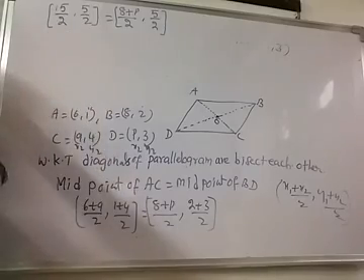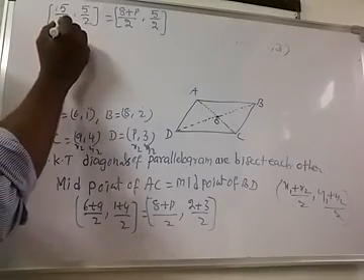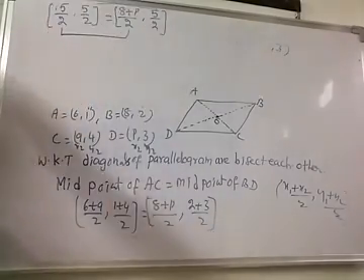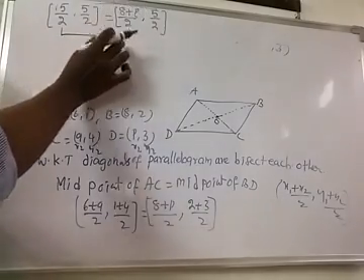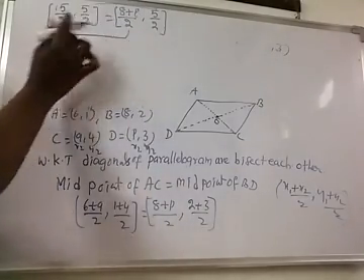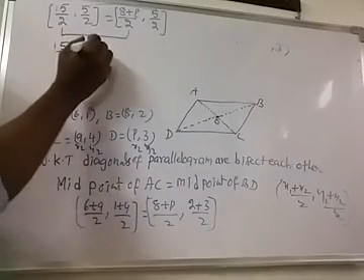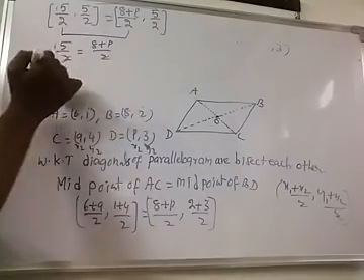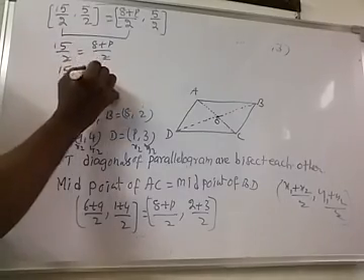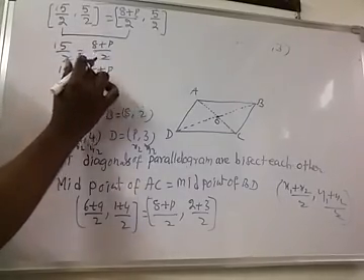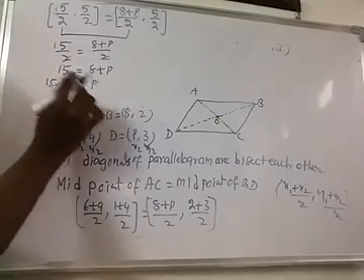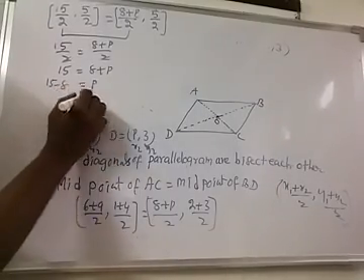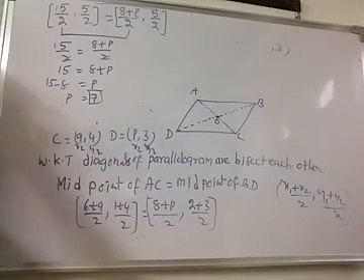Now we are equating the x and y coordinates. So 15/2 and (8 plus p)/2, 5/2 and 5/2, the y coordinates are equal. So here we are finding the p value. Equating the x coordinates, 15/2 is equal to (8 plus p)/2. Both sides have denominator 2, so the denominator is cancelled. Then 15 is equal to 8 plus p, so p is equal to 15 minus 8, sending 8 to the other side, we get minus 8. So 15 minus 8 is 7. Therefore the p value is 7.